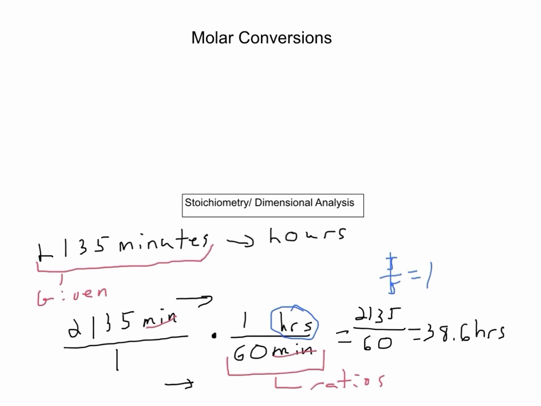So I'm going to do the exact same problem, but this time I'm going to make a mistake. So I start with 2,135 minutes. That goes over 1. Now if I mess up and put minutes on top and hours on the bottom,